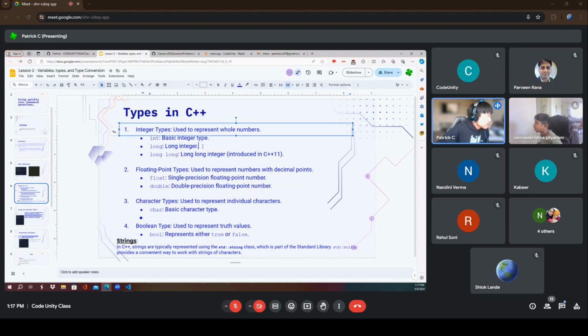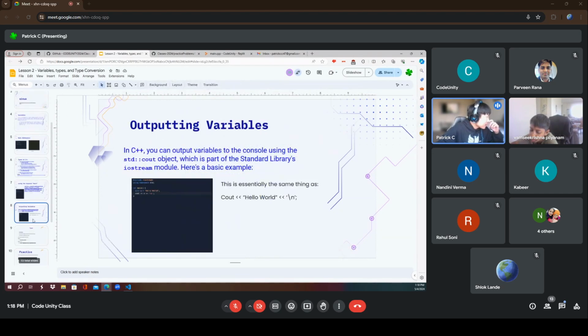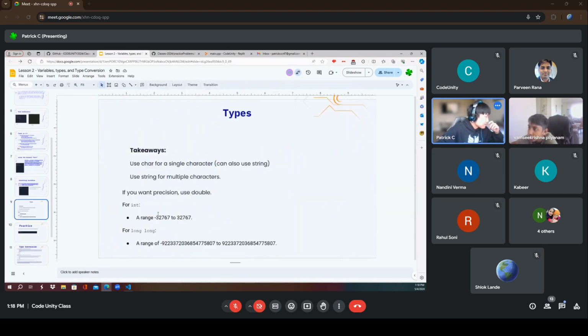This one isn't really relevant, so I'll just mention it. I really wouldn't even use this at all, to be honest. You basically use int and long long. So how do you know which one to use? These are just for numbers, numbers without decimals. So you're probably wondering when do I use which? How do I know? Well, you want to follow this guide that I have here.